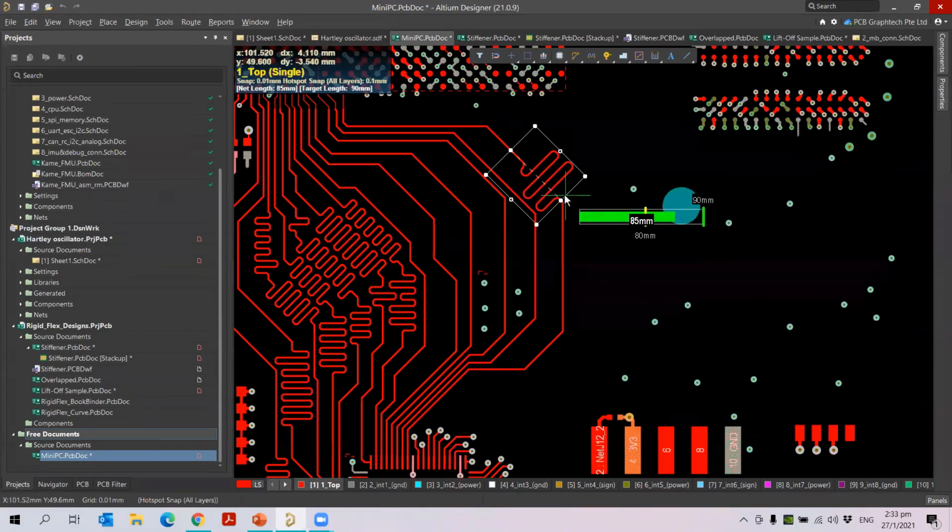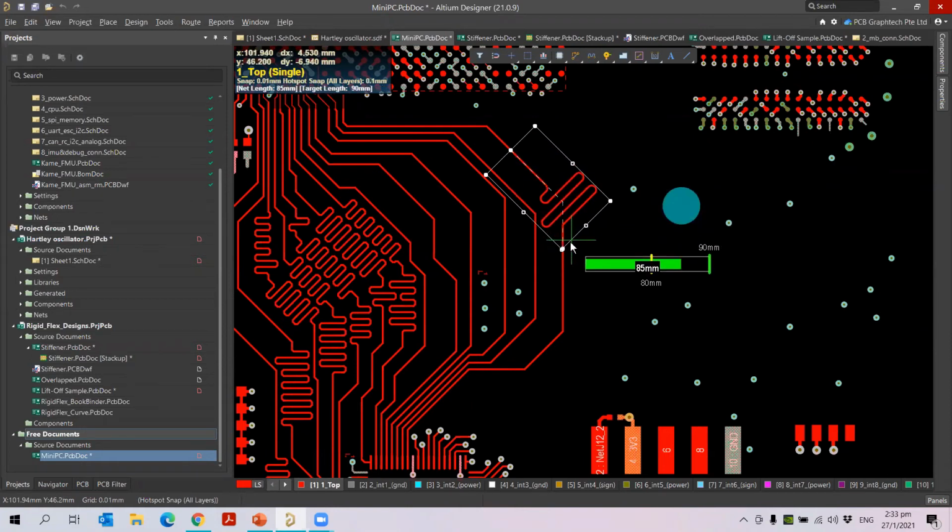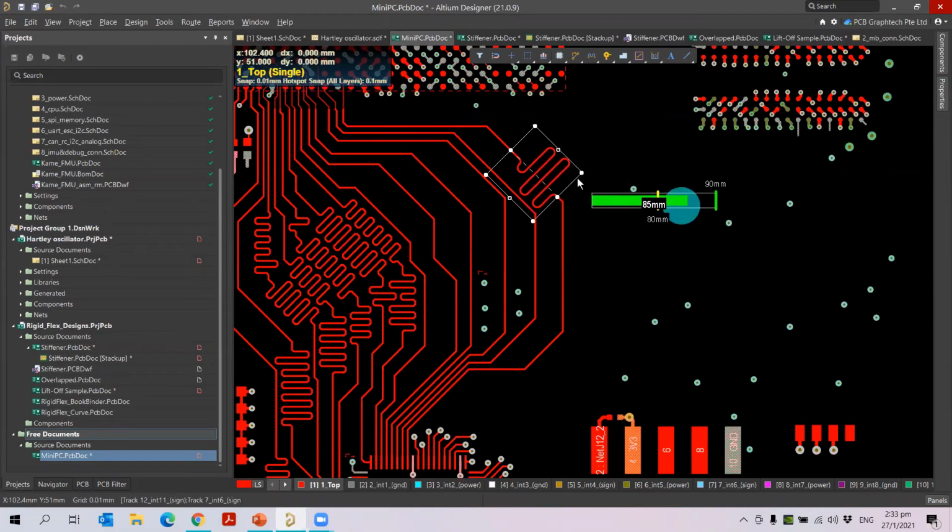If you want to increase or decrease the tuning size, you can press 3 or 4 on your keyboard. Also you can change the shape of your miters. You can use your space bar to change the shapes. Then you can use this 2 or 3 to adjust the size. Then you can see it comes to the corner also. Once it is done, you can just place it here.